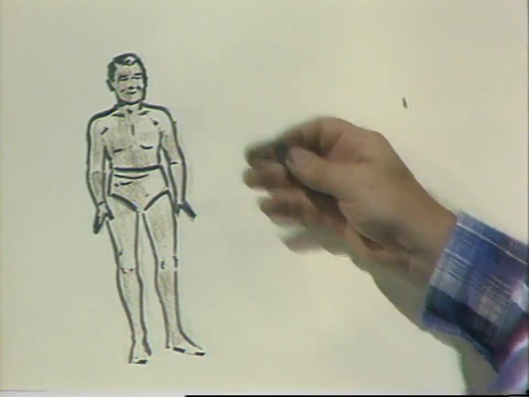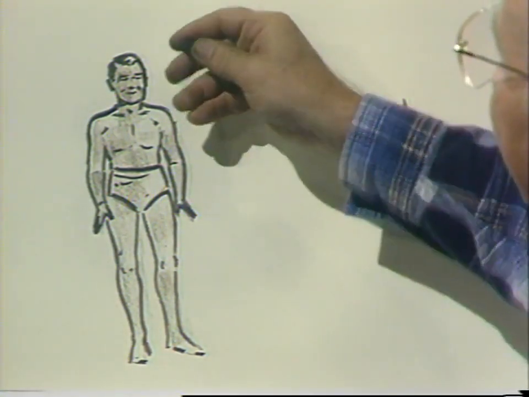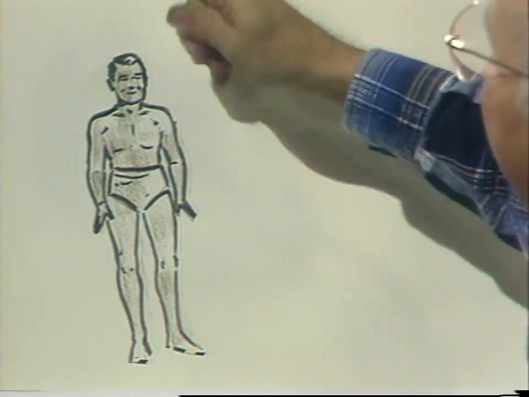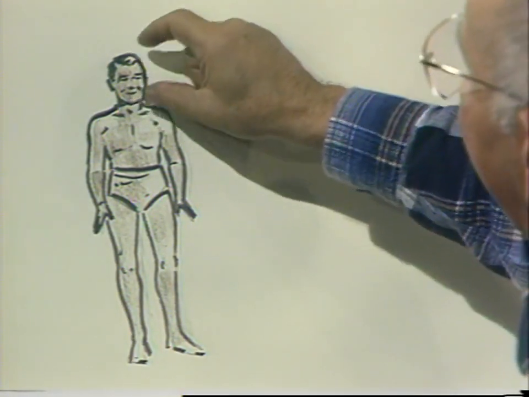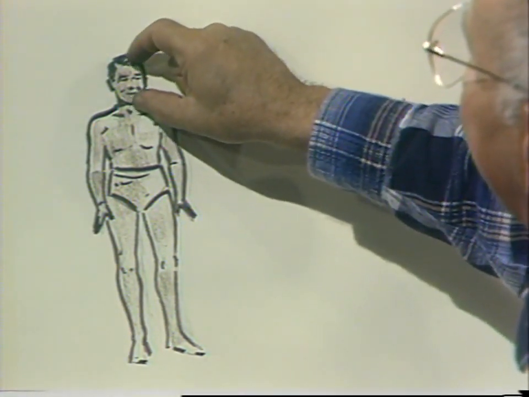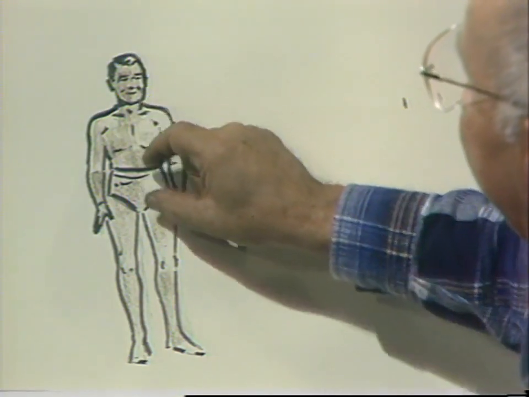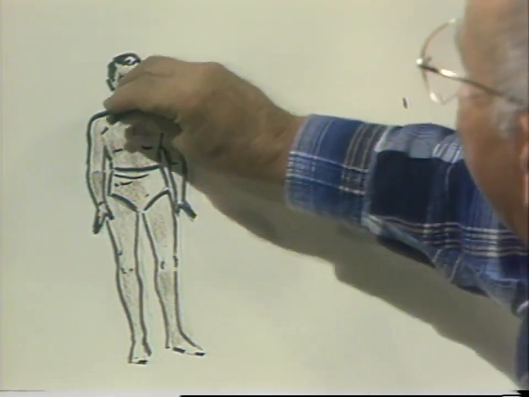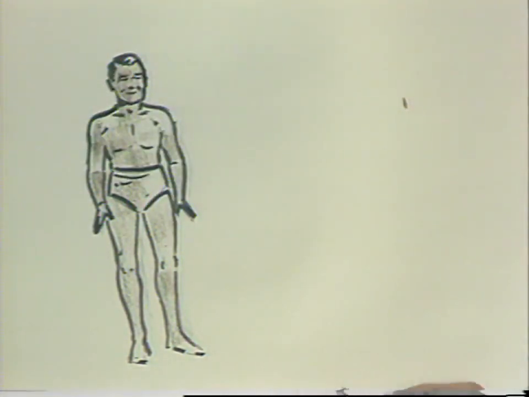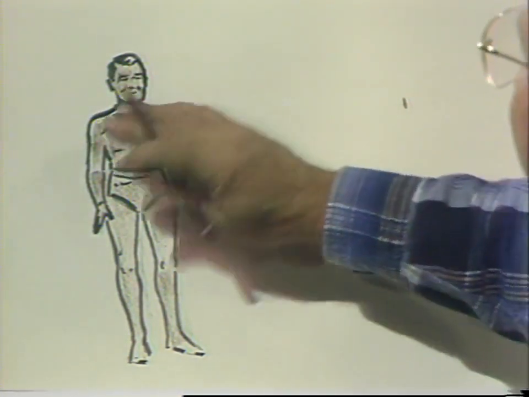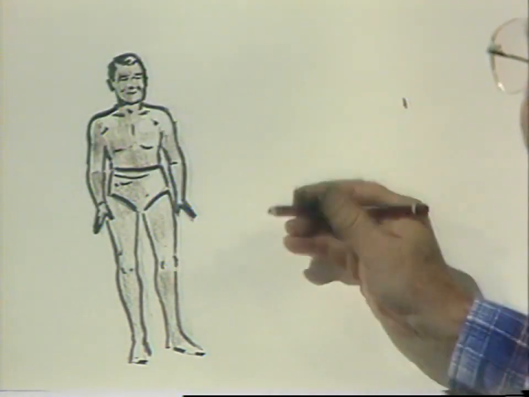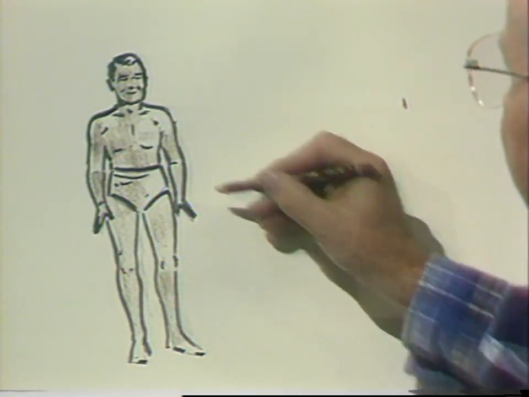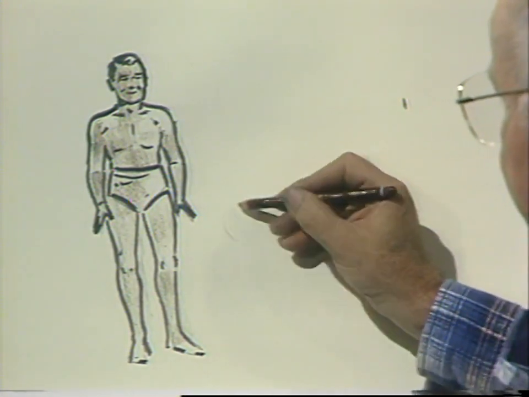Here's a sketch of a realistic man, about 7.5 heads. That means that the height of the body is about 7.5 times the height of the head if I measure it down this way. Now, if we're sketching figures, we think about that as a proportion. But if we're drawing cartoon figures, then we're not concerned with trying to conform to that. We exaggerate. For example, I could take this man now